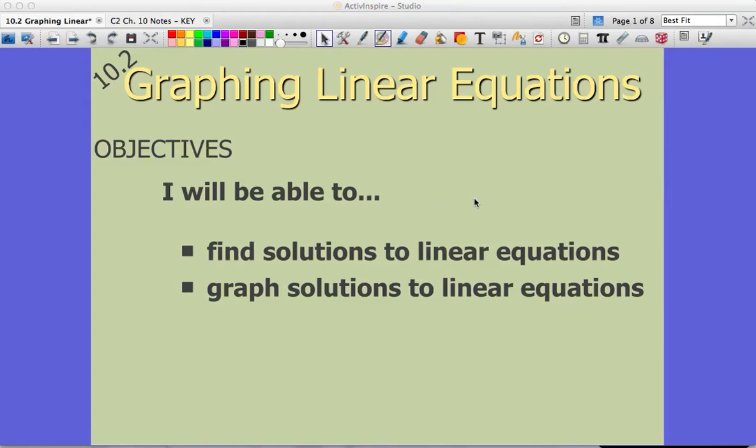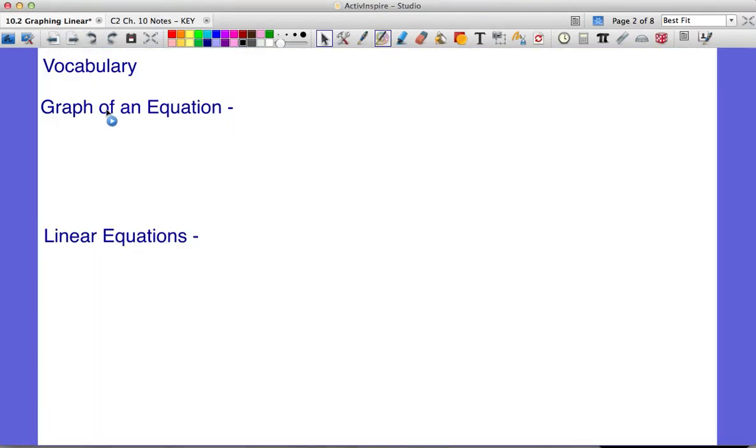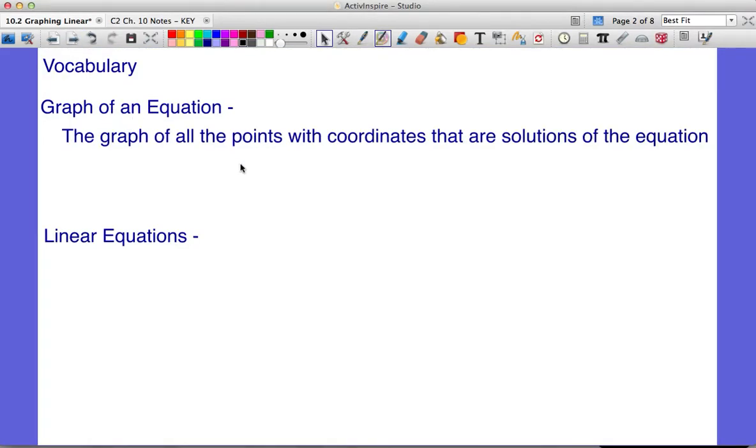Welcome to Lesson 10.2, Graphing Linear Equations. Today we'll talk about what a linear equation is, how to find solutions to linear equations, and how to graph those solutions. A graph of an equation is the graph of all the points with coordinates that are solutions of